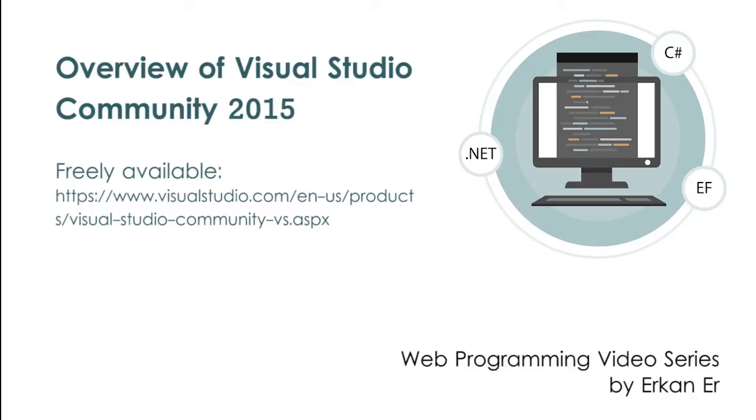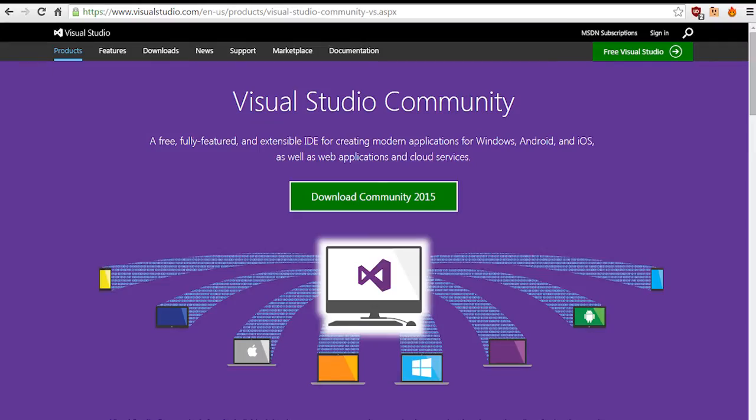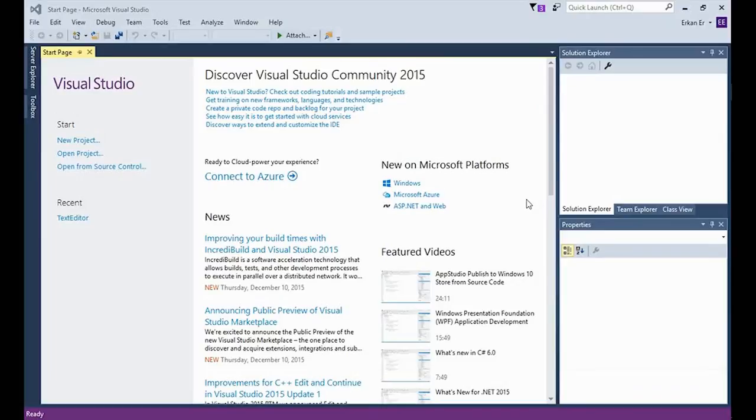In this video tutorial, I will introduce you to the Visual Studio Workspace. I will cover the components and features of Visual Studio that you will often use when developing your applications. The version of Visual Studio that I will use in this demonstration is Visual Studio Community 2015, which is free to download. If you have a different version, don't worry. There shouldn't be major differences assuming that you are using a version later than 2012.